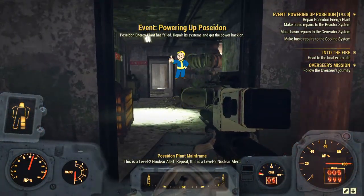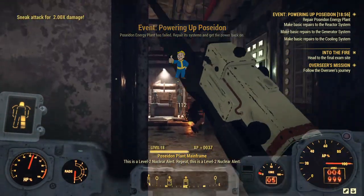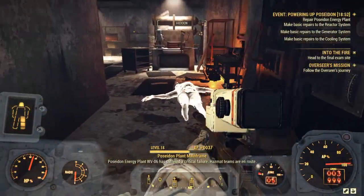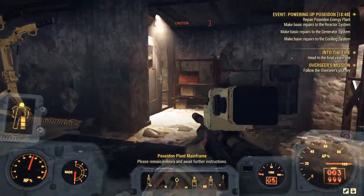Level 2 nuclear alert. Repeat, this is a Level 2 nuclear alert. The Sidon Energy Plant WD-06 has suffered a critical failure. Hazmat teams are en route. Please remain indoors and await...